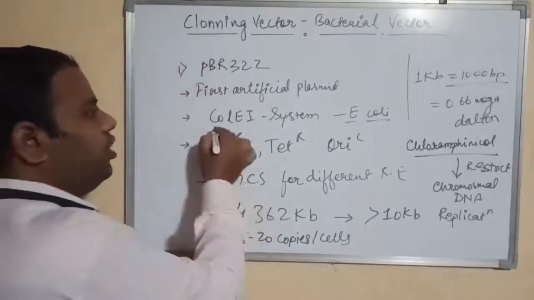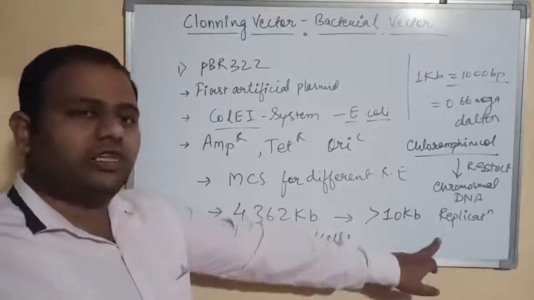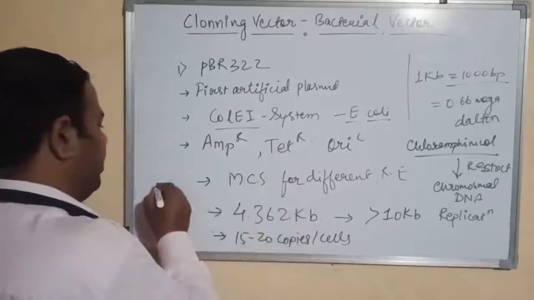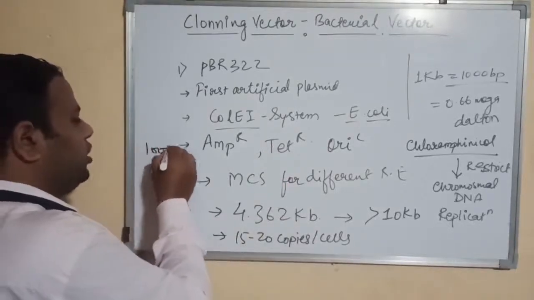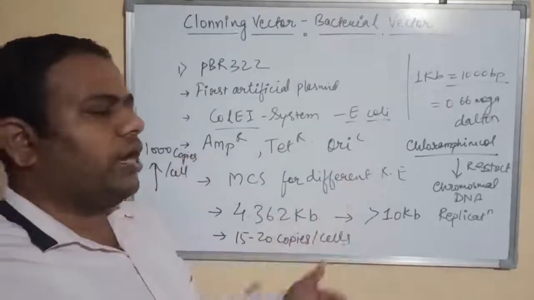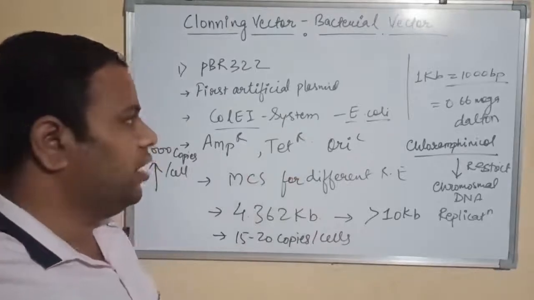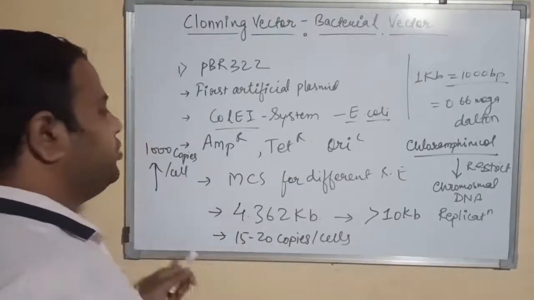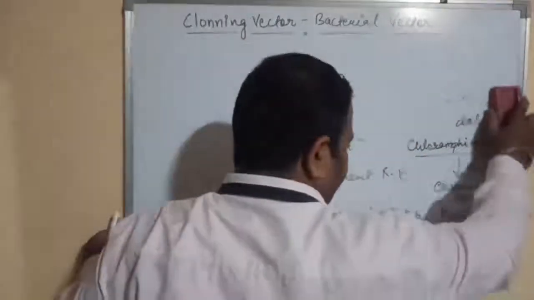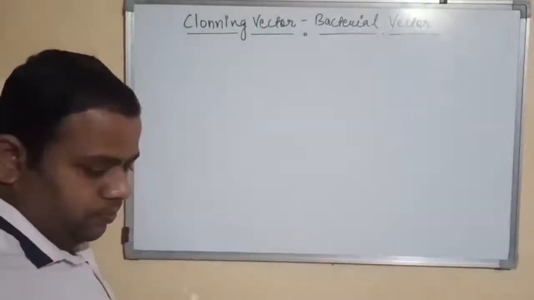There is the presence of the ColE1 system in this plasmid, so this plasmid replicates itself even if the chromosomal DNA is not replicating. So what will happen? The plasmid number inside a single cell will be increasing, and it can increase up to 1000 copies per cell. So this chloramphenicol antibiotic is used in increasing the amount of plasmid present per cell. So in turn, when you are isolating the plasmid, you will get a good yield of this plasmid. So let us see the structure or the diagram of pBR322.